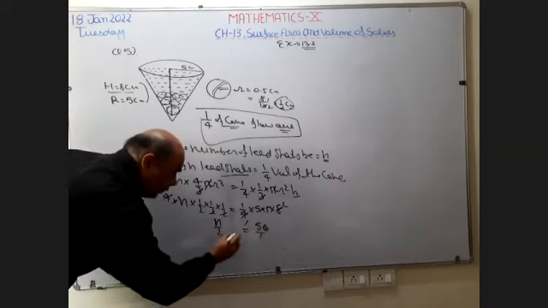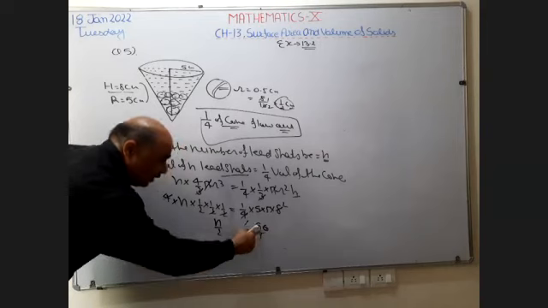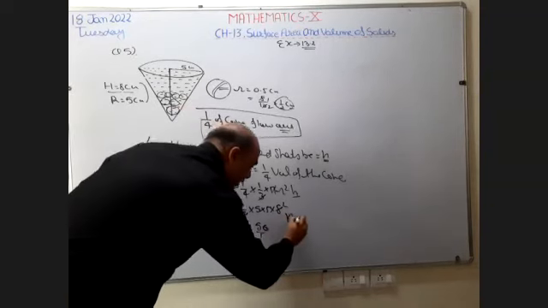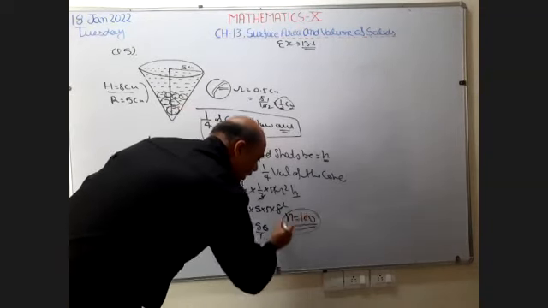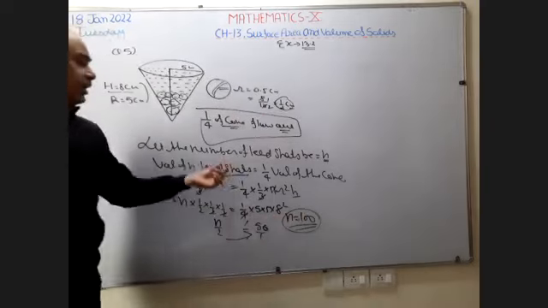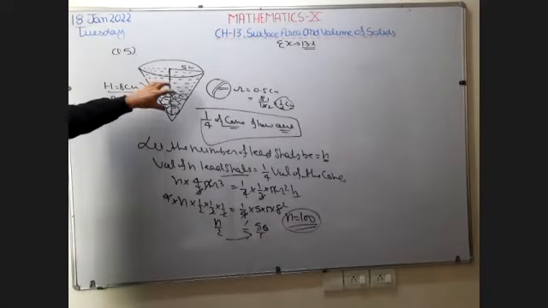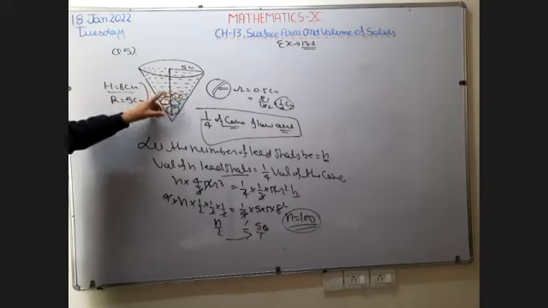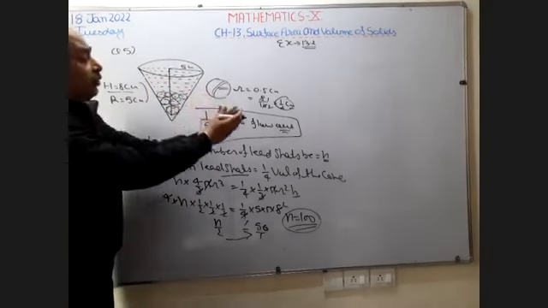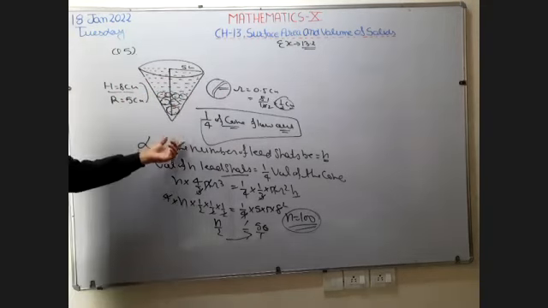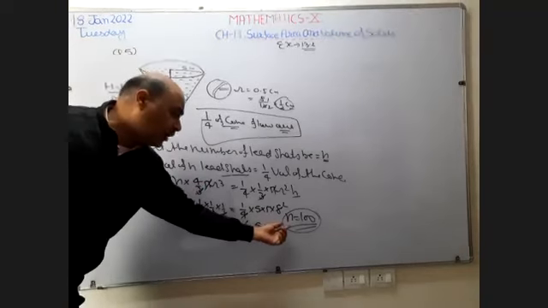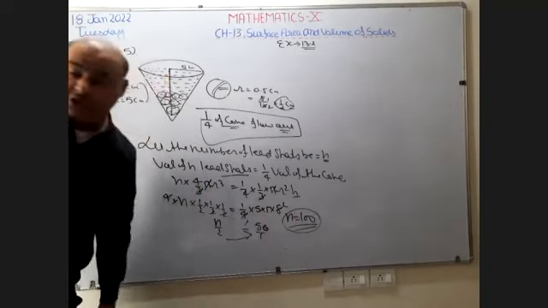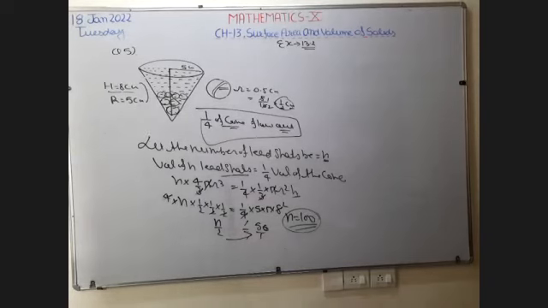So take cross multiply. When we cross multiply, this 2 is going to multiply 50, so n becomes 100. It means the required number of lead shots is 100. If we drop 100 lead shots in this vessel, then 1/4 of the water is going to flow out from the cone. So this is the answer to your question. How many lead shots are required? 100 lead shots are required. I hope it is clear to everyone. If any doubt is there, then send a message.